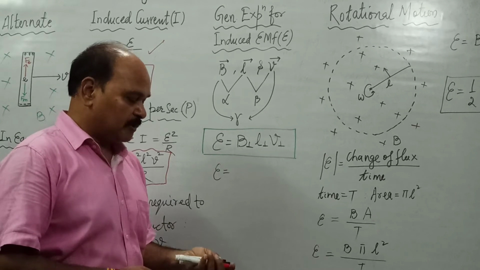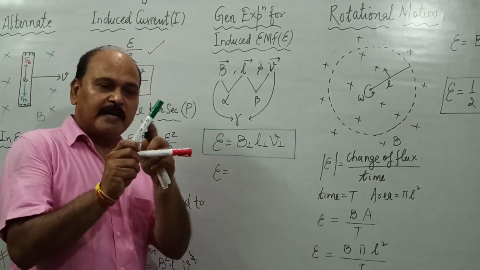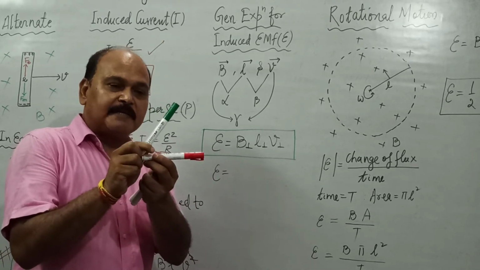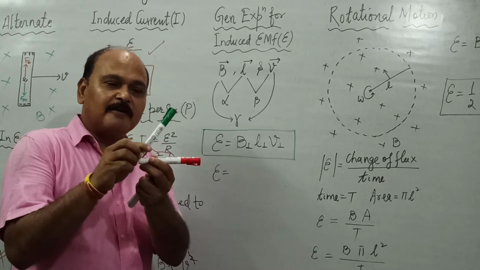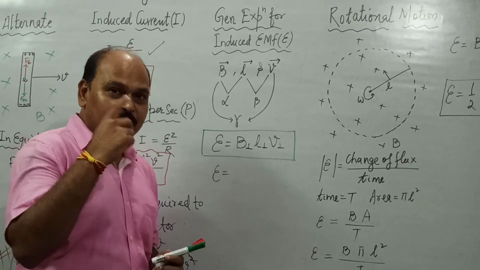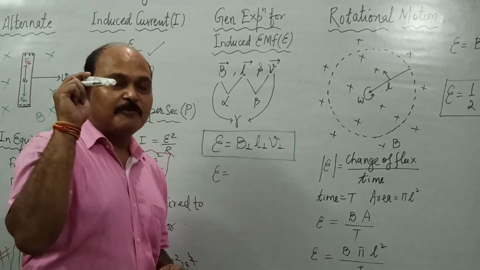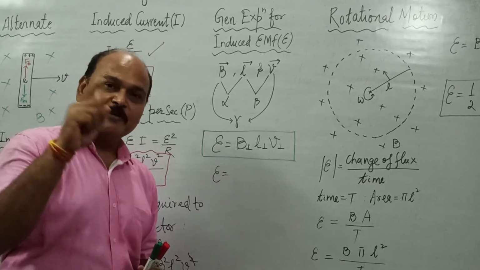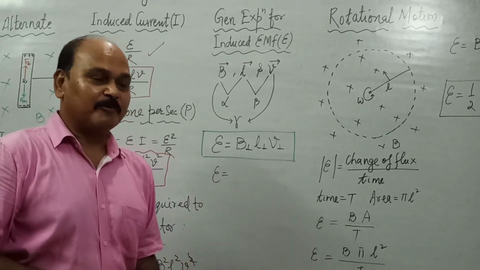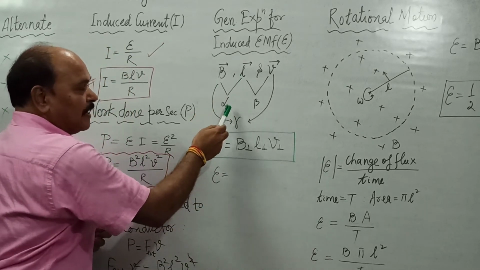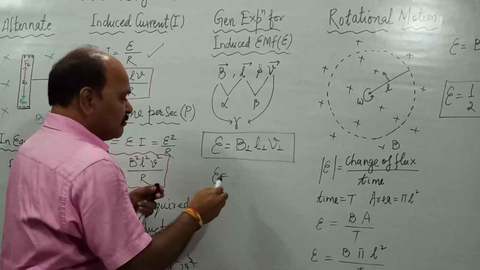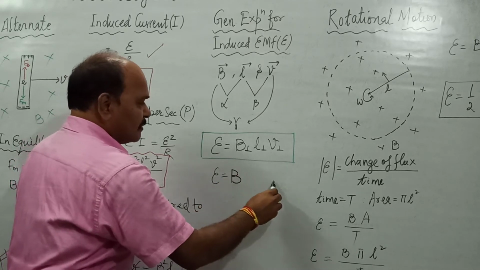So what are the perpendicular components? See, if there are two vectors A and B at certain angle theta apart, then A sin theta is perpendicular to B, or B sin theta is perpendicular to A. So if two vectors V1 and V2 are theta angle apart, then V1 sin theta is perpendicular to V2, or V2 sin theta is perpendicular to V1. That is, the sine component is the perpendicular component. So if B and L are alpha angle apart, then the perpendicular component of B is going to be B sin alpha.